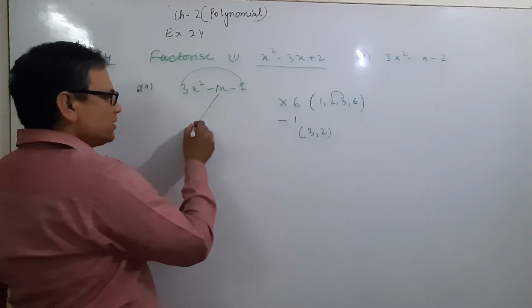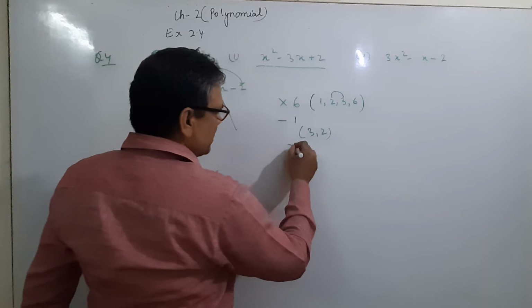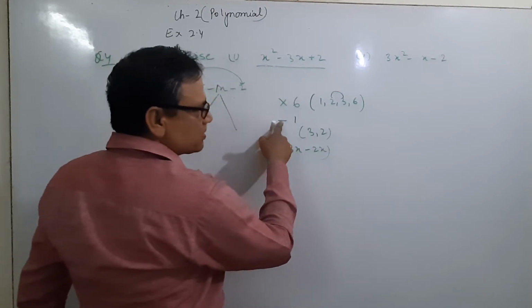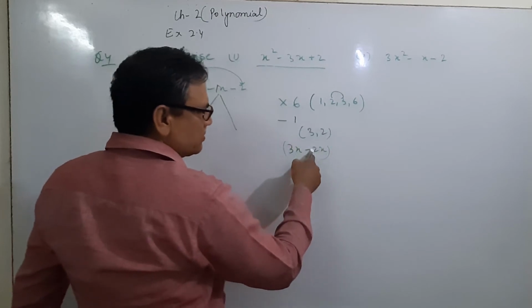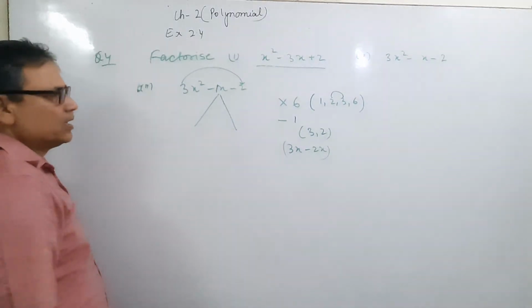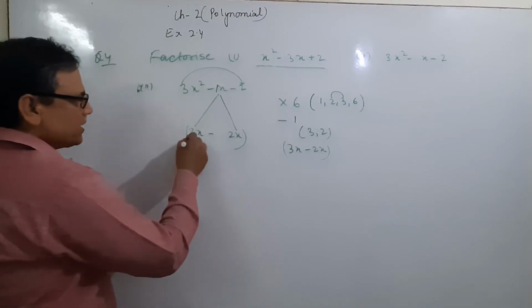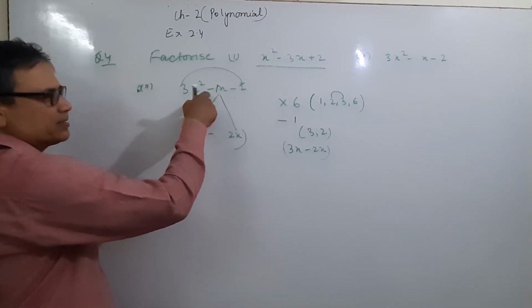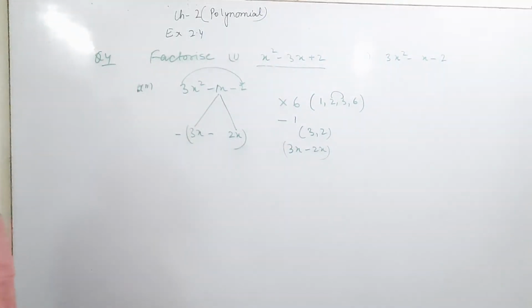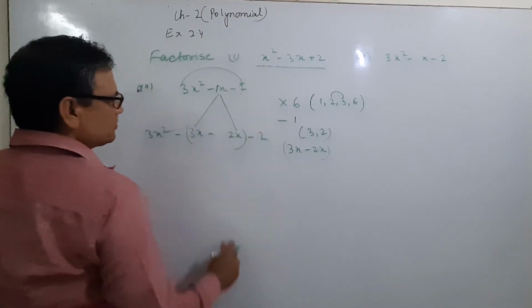Then we have to split this middle term. Here is 1, so how do we write it? 3x minus 2x. Why do we subtract? Because here it is the difference; the difference of these 2 numbers is 1. 3x minus 2x: first we write the larger value. Here we break 3x, then minus, then 2x, and put a bracket. Why is the sign minus? Because here it is minus, and write the other remaining value. The remaining value will be 3x square, and here is minus 2.